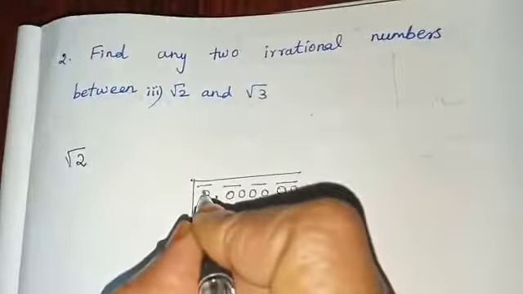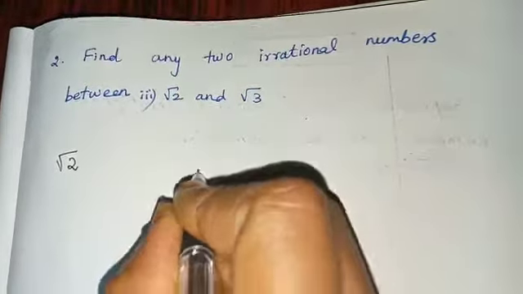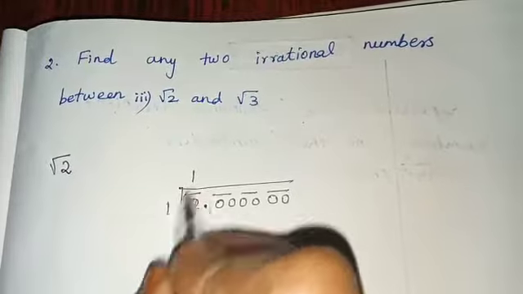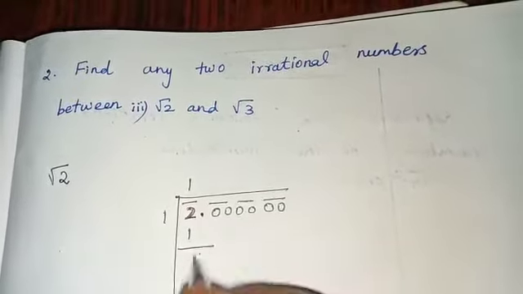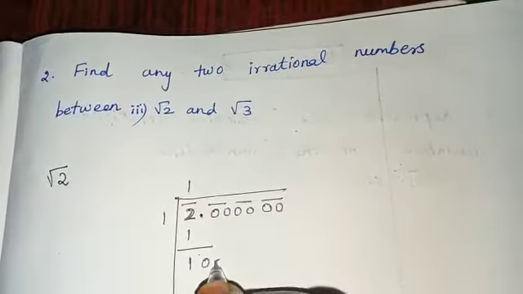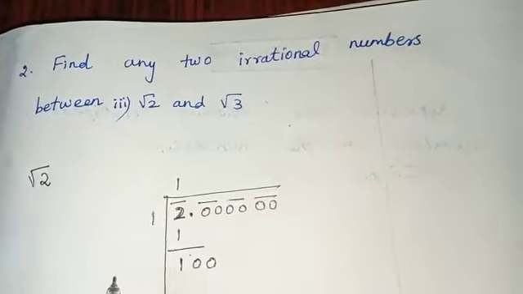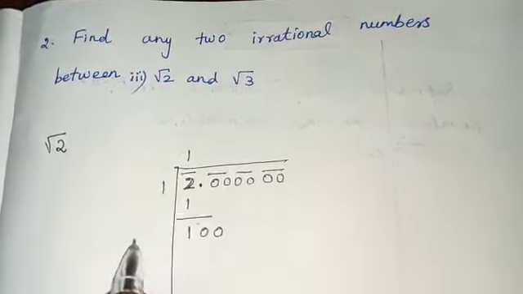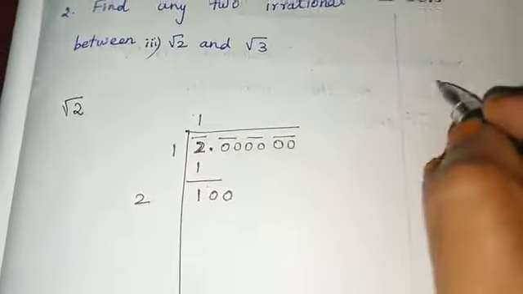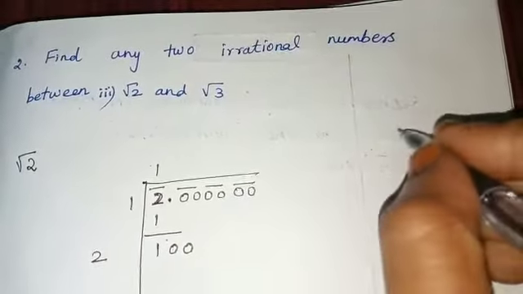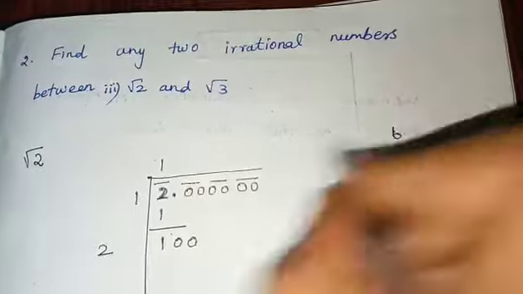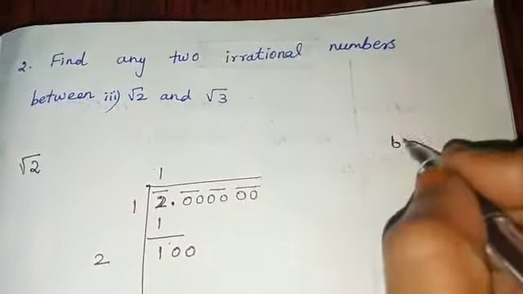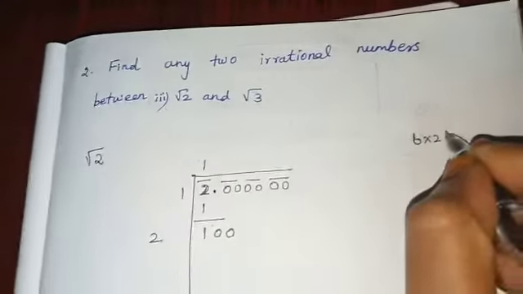First 2: we take 1, because 1 ones are 1 and 2 twos are 4, so we need not take 2. So 1 ones are 1. Next, we add 2 zeros. Here, we multiply the quotient by 2. So 1 into 2 is 2. In the rough column, I take 6. So here I write 6, and here also I will write 6. You multiply and check the answer.